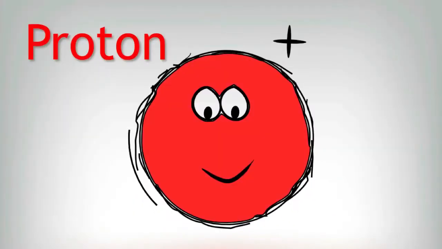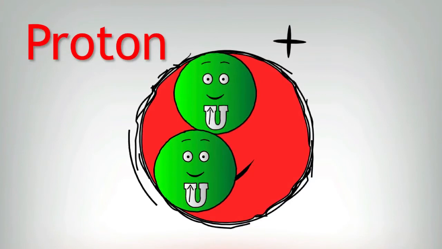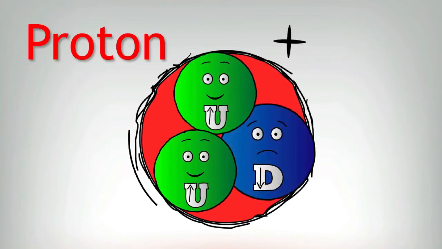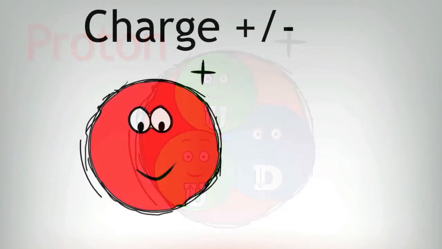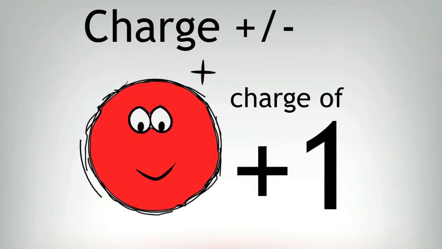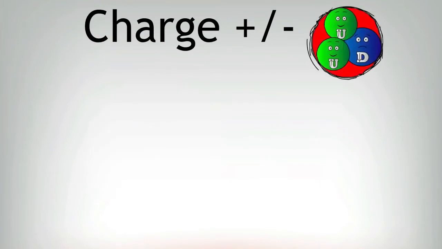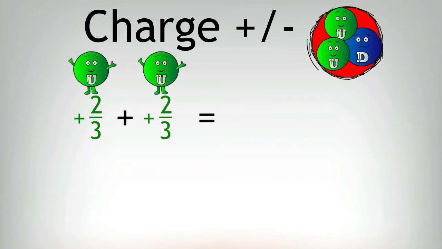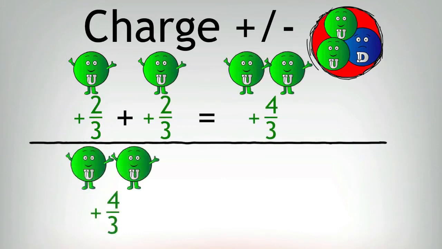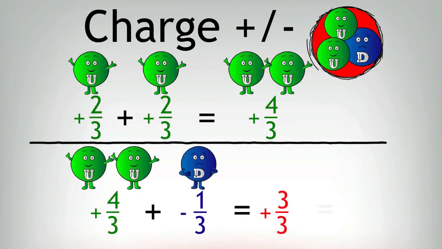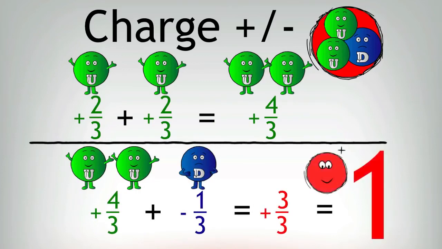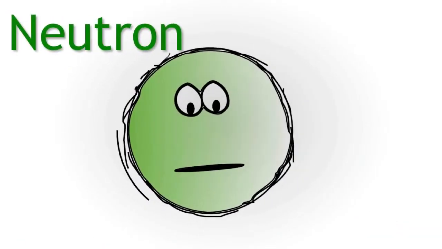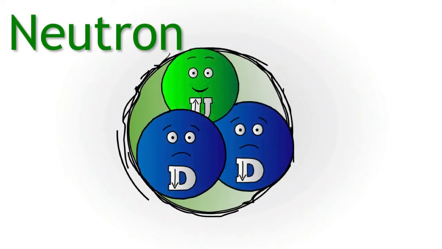The proton was found to be made of 2 up quarks and 1 down quark. Now, we know that the charge of a proton is +1. If we look at this in terms of the fractional charges given to quarks, 1 up quark would have a charge of plus 2/3, so therefore 2 up quarks would have an overall charge of plus 4/3. Adding in a down quark reduces the overall charge to 3/3, which is the equivalent of 1. A neutron was found to consist of 2 down quarks and 1 up quark, which gave it an overall charge